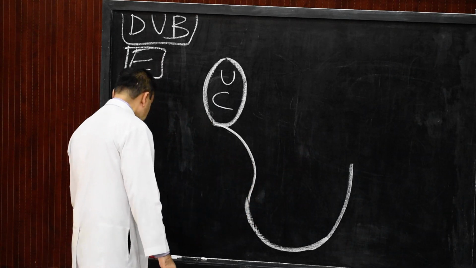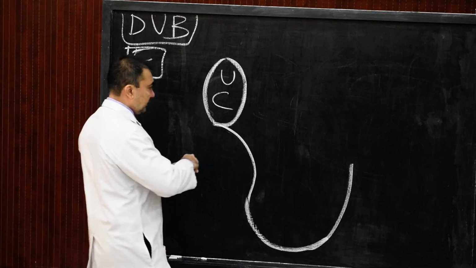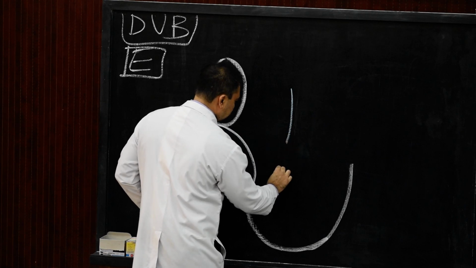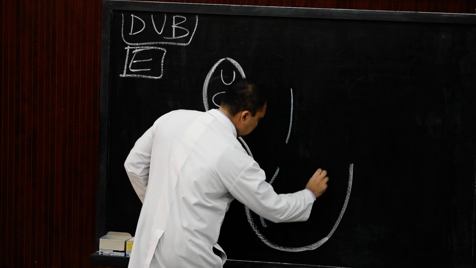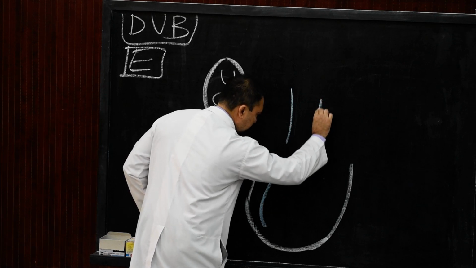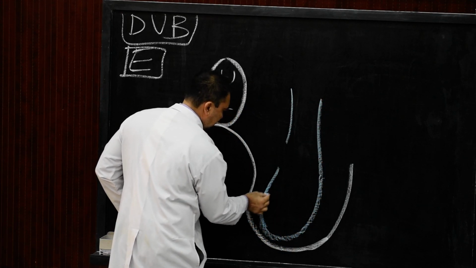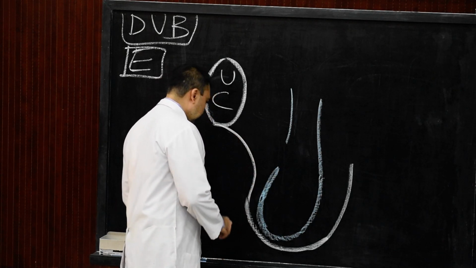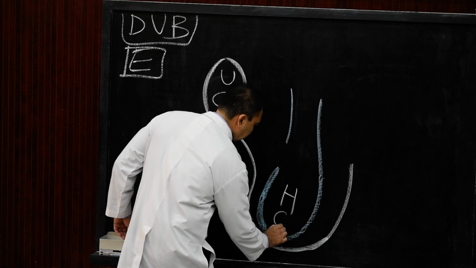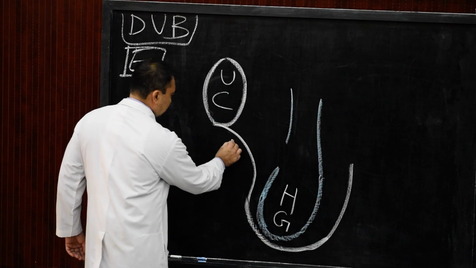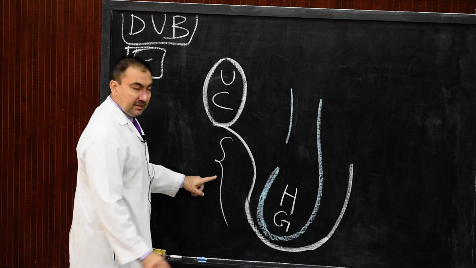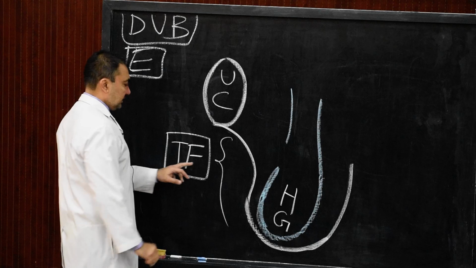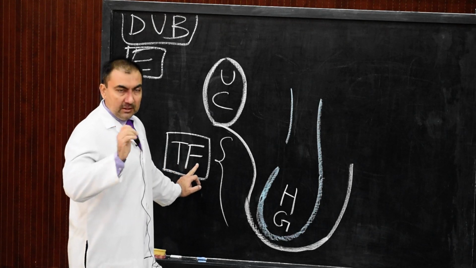So we have to draw the hindgut at this point. So let us draw, this will be the hindgut. This portion is the hindgut, and therefore we will write it as hindgut, and here we will mention this as the tail fold of the embryo, or it is called caudal fold of the embryo.